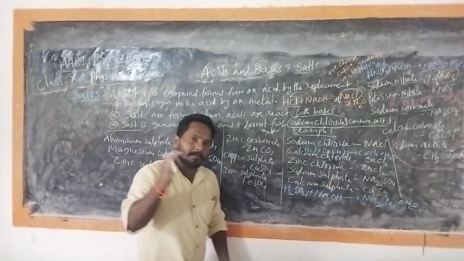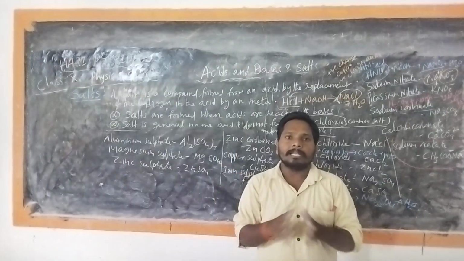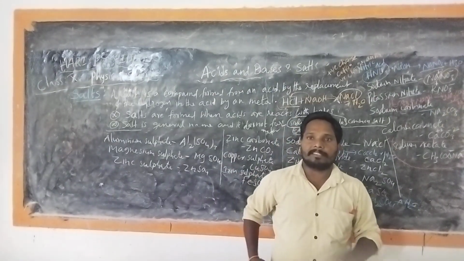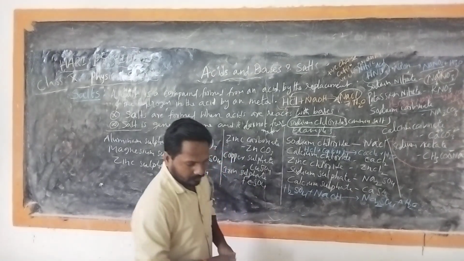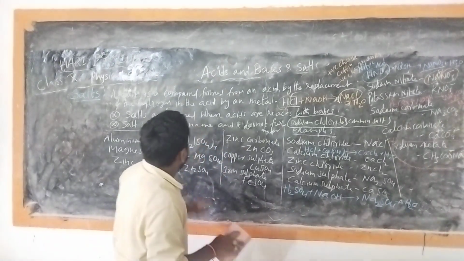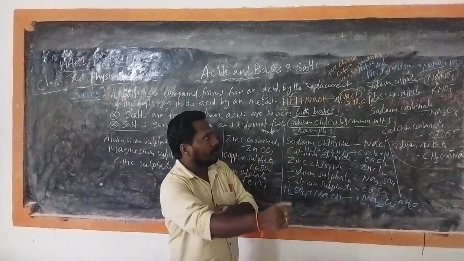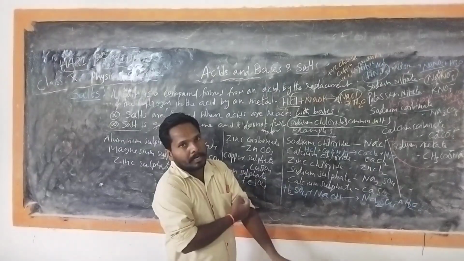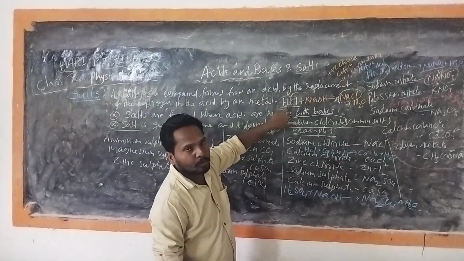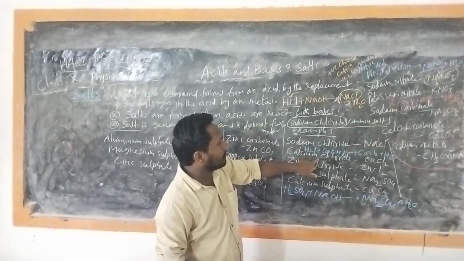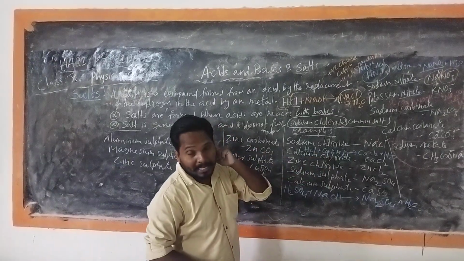So based on the same type of cations or the same type of anions, salts are classified. Right? So based on this, can we say what acids and what bases are present in the chemical salts? Yes. Sodium chloride: we have discussed hydrochloric acid and sodium hydroxide. Calcium chloride, hydrochloric acid, calcium sulfate. For example, potassium sulfate